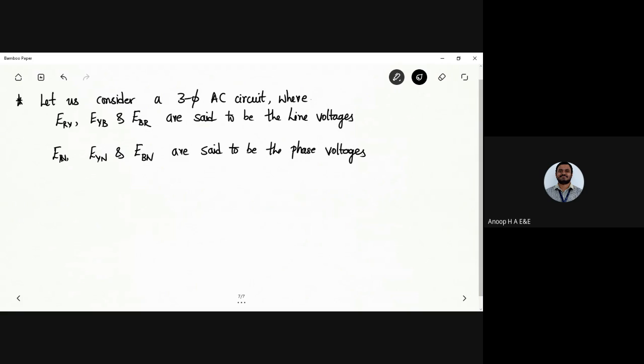Now I have drawn the vector diagram there, for a three-phase balanced AC circuit. Always remember we are going to draw it with respect to a three-phase balanced AC circuit. So in star connection, I have ERY as the line voltage and ERN, EYN and EBN as the phase voltages. Now, from the vector diagram,